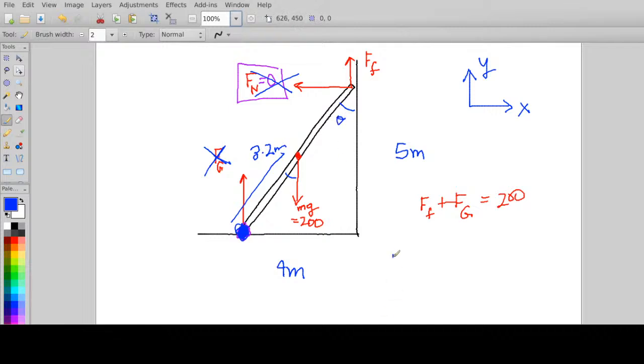Okay, that angle, you could form any one of the trig identities that you like, but last semester we used tan a lot. So remember what tangent is? Tangent is the opposite divided by the adjacent. So the tangent of theta is going to be opposite, which is 4, divided by 5, and that turned out to be 38.7 degrees, like that. And so now we have R 3.2, we have F 200, and we have 37 degrees,